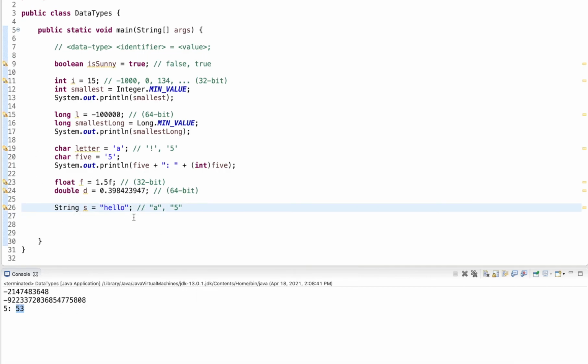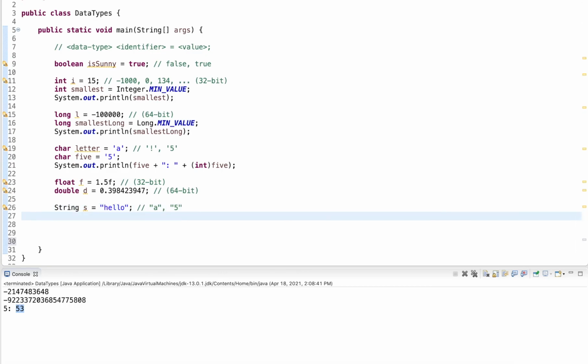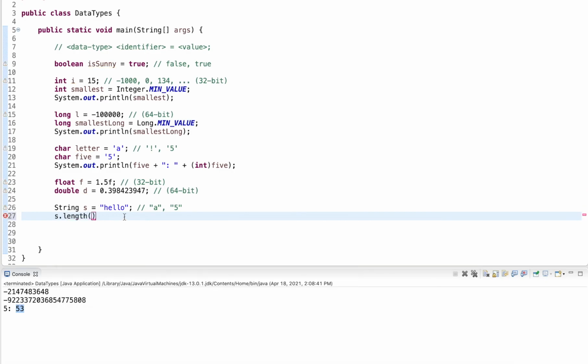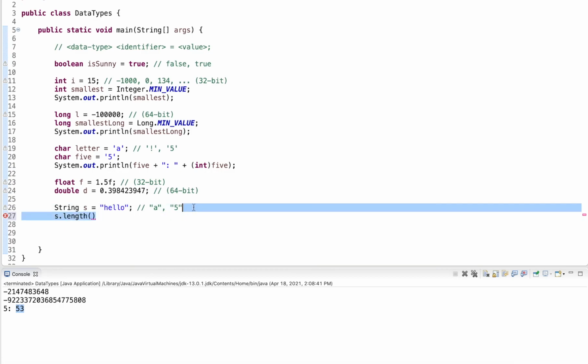For the most part, you don't need the methods in the beginning, but if you ever want to know the number of characters, for example, you can do .length, and this gives you the length of the string, or in other words, the number of characters in a string. All these other primitive data types don't have any methods. It's really just a primitive data type. This one is a class.